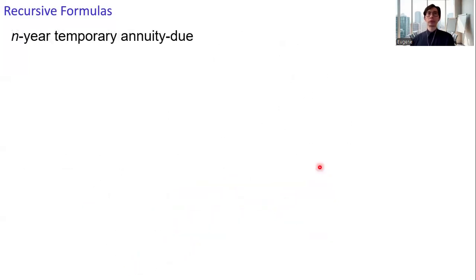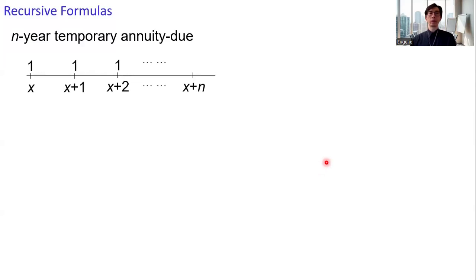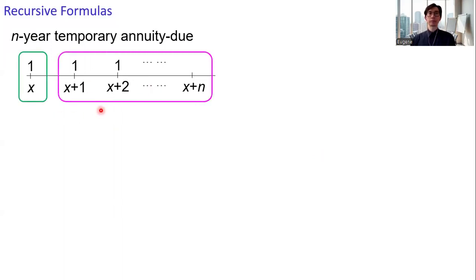All right, move on to the term annuity. N-year term annuity due, only for the first n years. Divide into two parts. The first payment, everyone will receive this amount of 1. And then the remaining payments, if the individual survives to age x plus 1, this corresponds to the actuarial present value for an n minus 1 year annuity due issued to a person at age x plus 1. Discount back, we get the relationship.